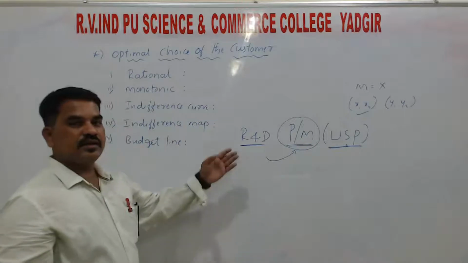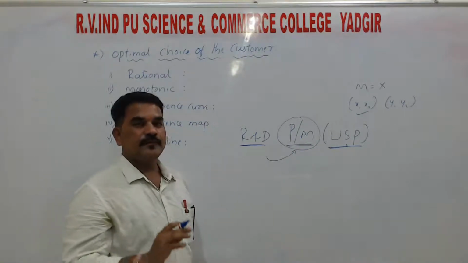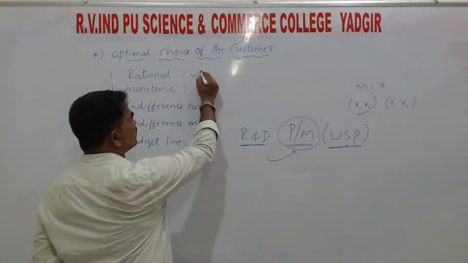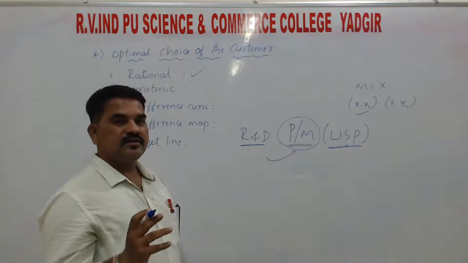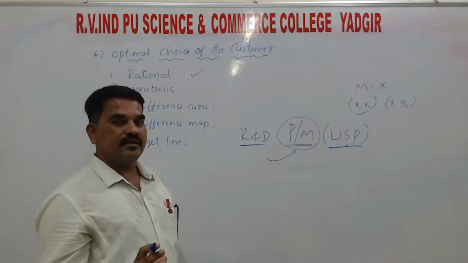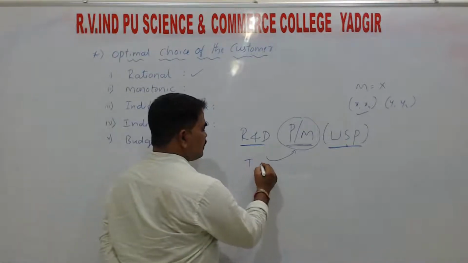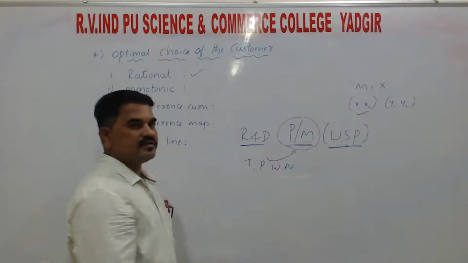Their work is this only: collect the data, go for surveys, ask consumers' taste and preferences. That is what we are talking about now. Their taste and preferences. What is their expectation? What they are expecting, and what is their need, and what is their want. Taste, preferences, wants, needs, we can name it this way,